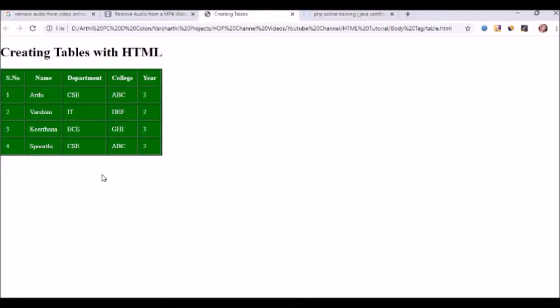Let's examine the purpose of using class or ID attributes in your HTML tag. We have given the table the green color background. However, if I want a particular record of a table, for example the first record of the table, to look red, any color you want.